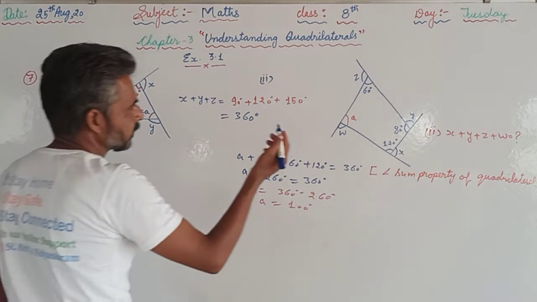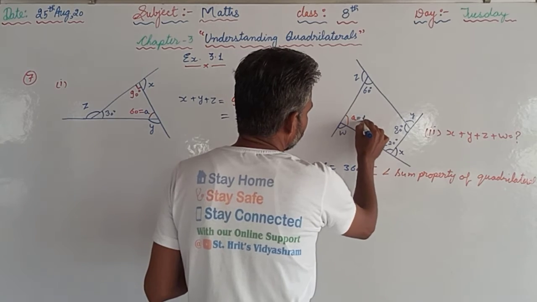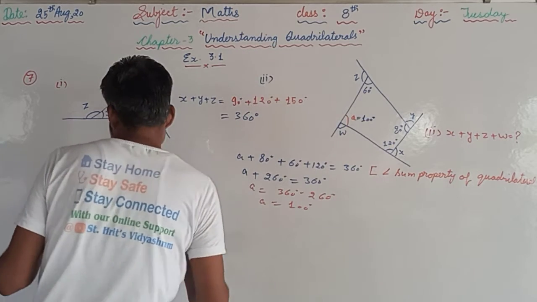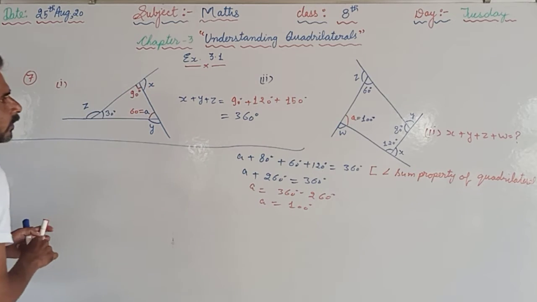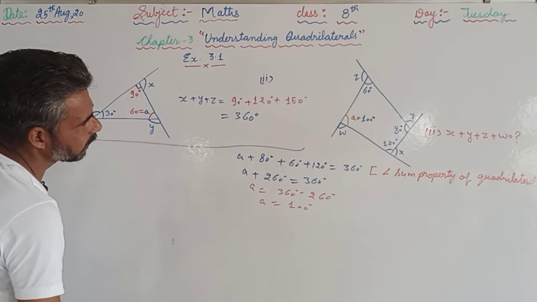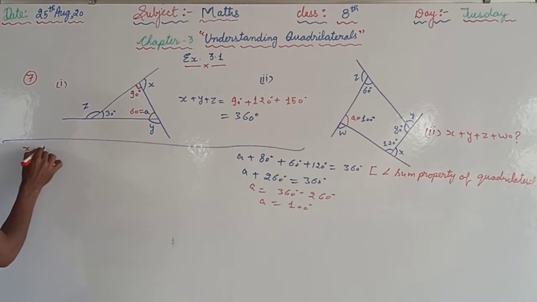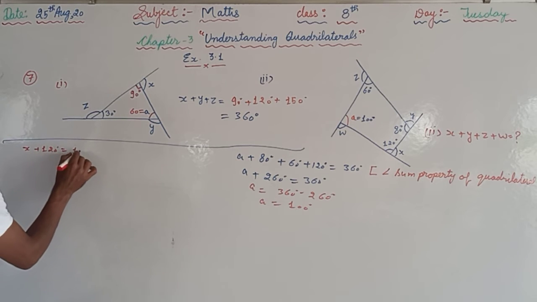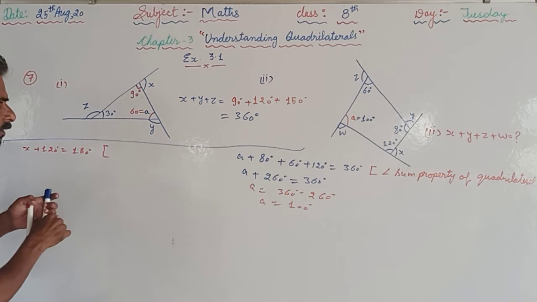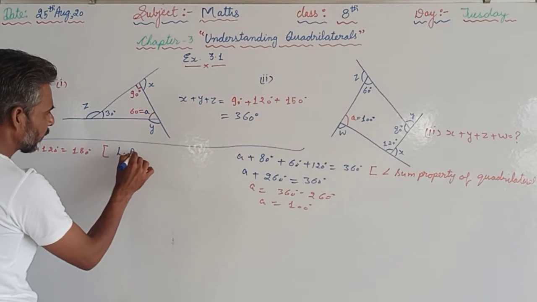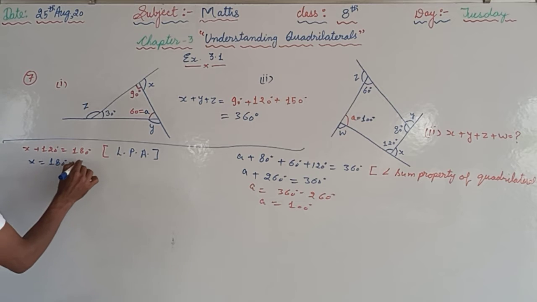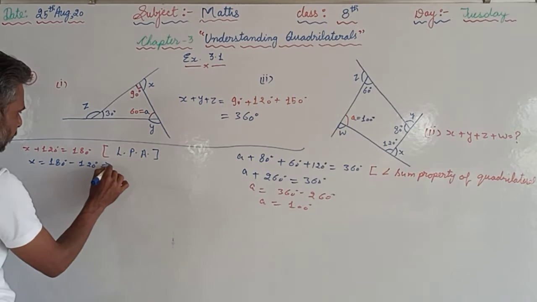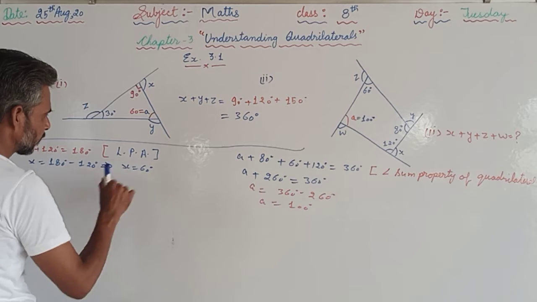So now A is the 100 degree. So again we have to find, this is the separate question. Now we can find the value of x, y, z. So x plus 120 degree is equals to 180 degree. Why? One time we are supposed to write the reason, linear pair angles. So from here we got x is equals to 180 degree minus 120 degree. It implies x is equals to 60 degree.